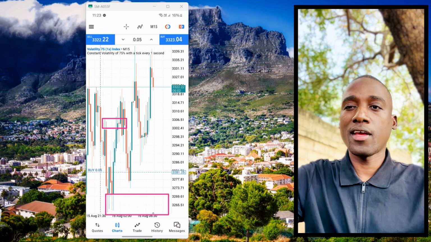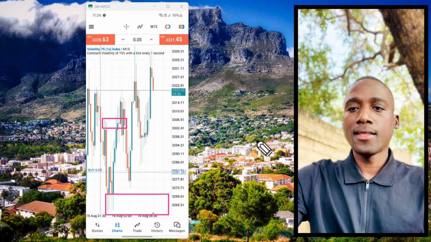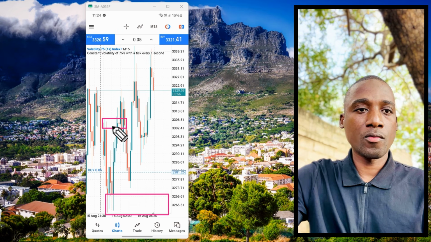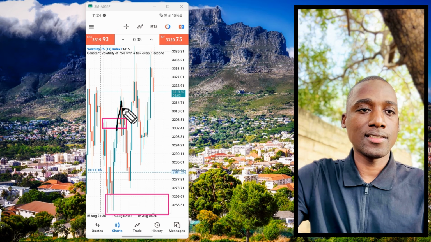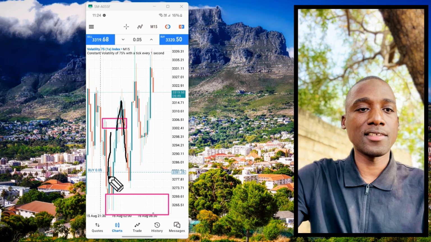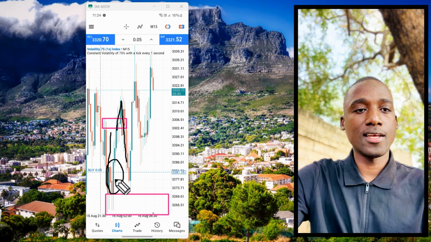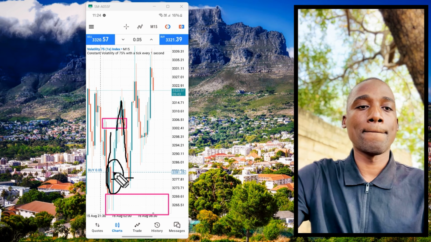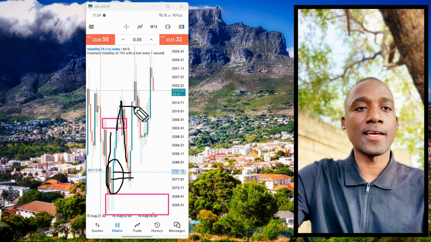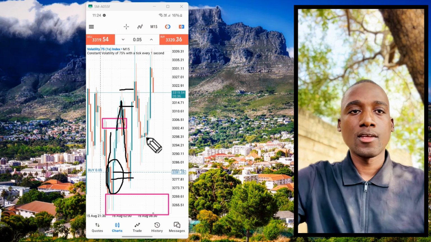Now we have what? We have a break. The break is simple to actually spot. The break, it's here. We have a break here, and we look at this part. Do we have an engulfing? And yes, indeed, we have an engulfing candlestick here. Can you see that? And the buy is here. Then the take profit, it's here. So on this trade, we're supposed to take profit. All right. So let's get out on